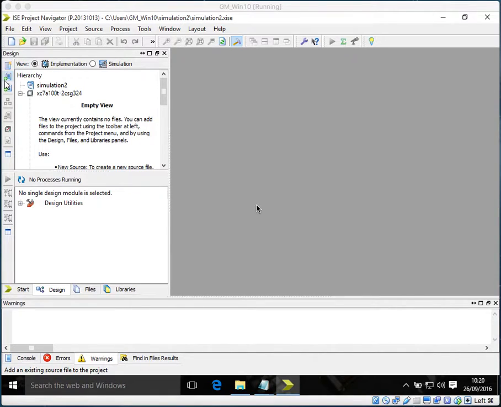Hello and welcome. Today I'll be simulating my 32-bit right shifter and 32-bit left shifter using Xilinx ISE Project Navigator 14.7 and ISim. So I'll just quickly make a new project